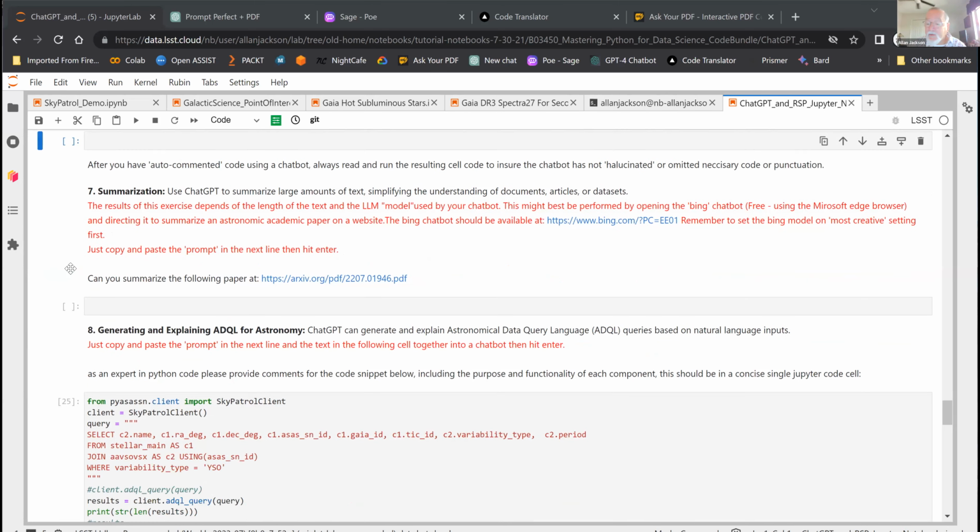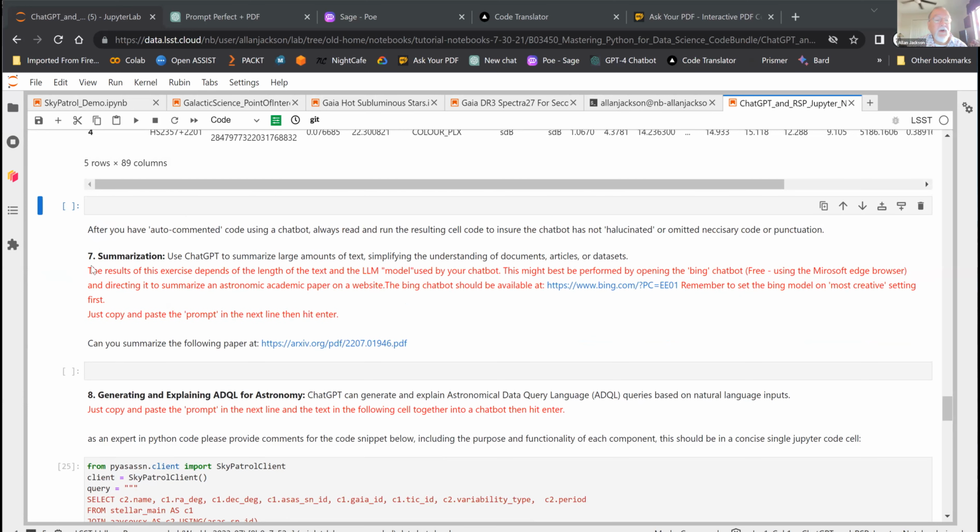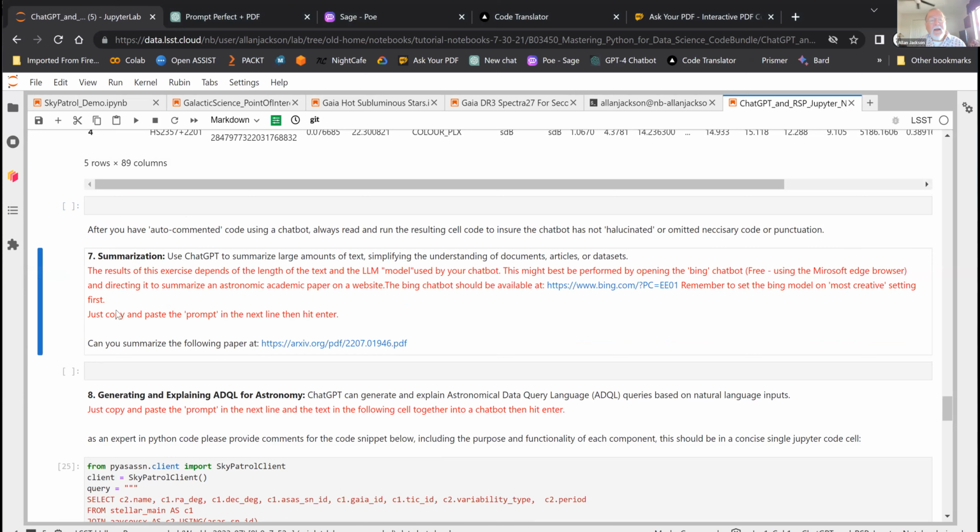Anyway, we're down to the last three of these guys. Summarization. Yeah, this is an interesting one here, and probably the best way to do summarization is to use a chatbot like Bing.